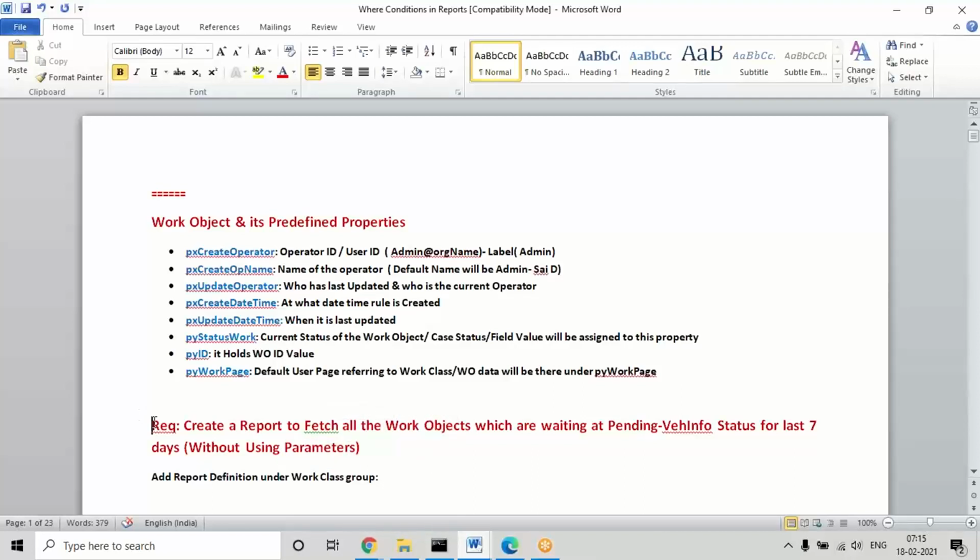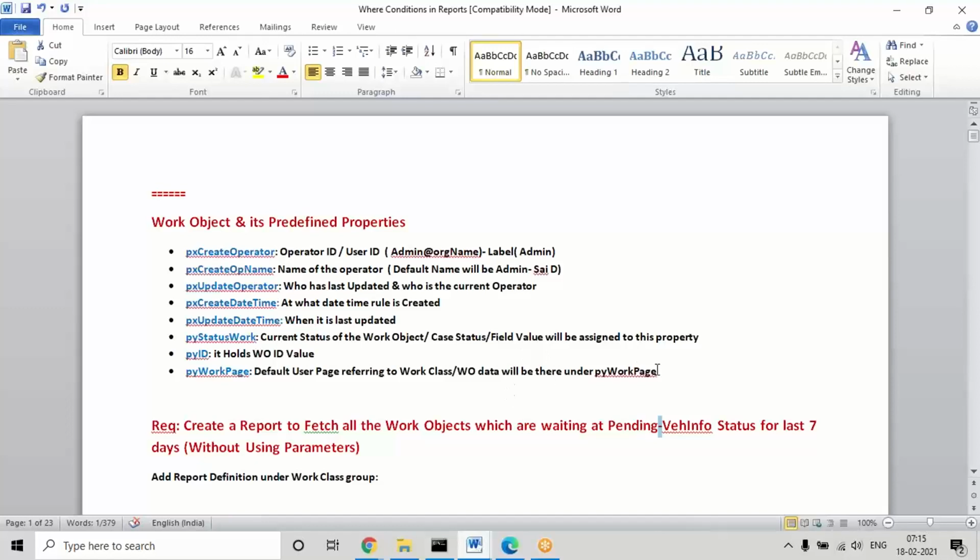Another thing, in the last session I made one point. Wherever the records are, there we define the report definition. In the last example, when fetching states records, the data is in the states table, so there we define the report definition. But the status, work IDs and time period are all in the work layer.